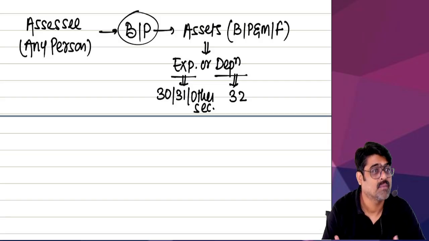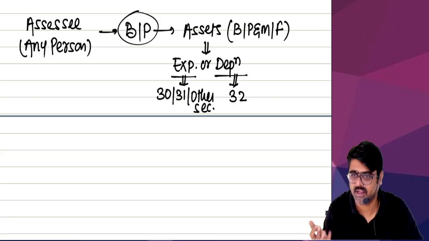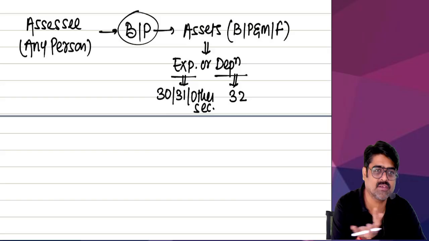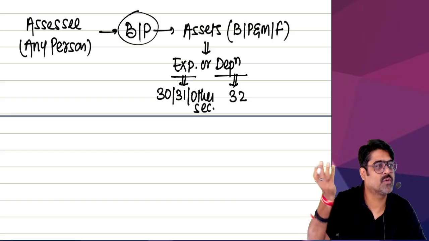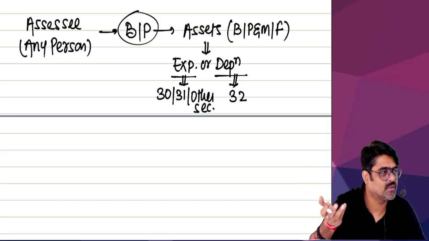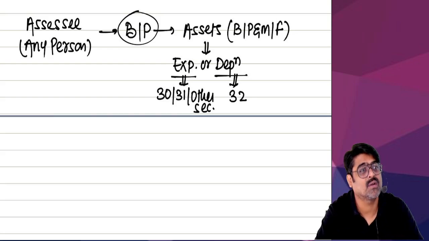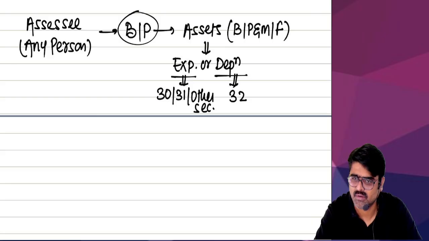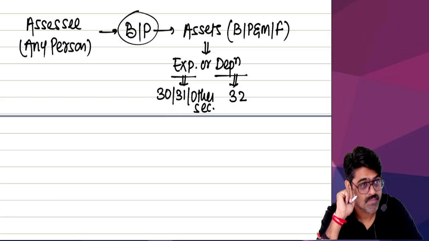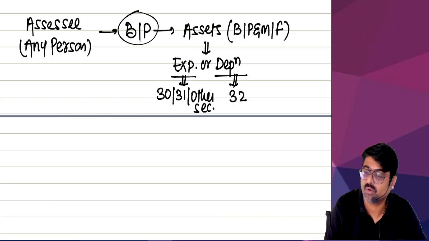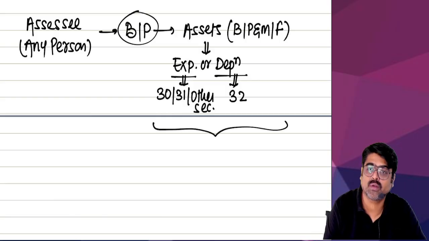In your business or profession, are you using assets, any building, plant and machinery, furniture, yes or no? On those assets, are you incurring expenses? Those expenses are your business related expenses. So those expenses on those assets will be allowed either under section 30 or 31 or other sections also. Yes or no? On those assets, depreciation can also be claimed under section 32. Now, whatever expenses or depreciation you are going to claim,